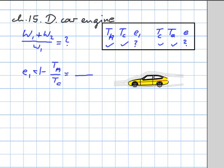There we go. And what I'm saying here is, here's what I first wrote down. What they actually want to know is the ratio of the total work of the two engines together, so work 1 plus work 2, the ratio of that to the work of the first engine just by itself, and that's why I wrote question mark. Then I wrote down the efficiency for the first engine